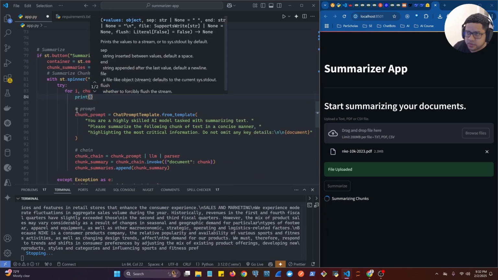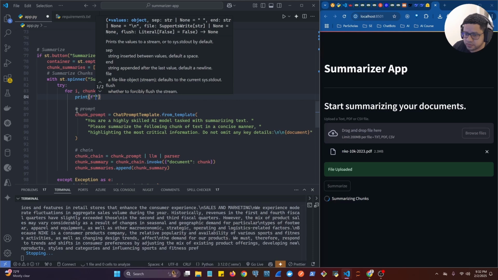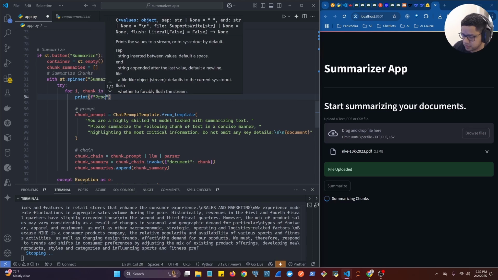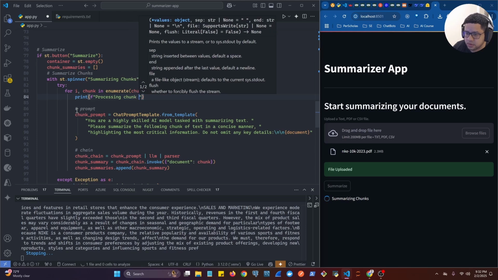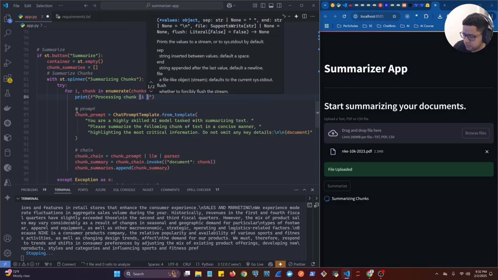Let's say print f string, and let's do processing chunk, and let's display it in here. Let's do i plus 1,